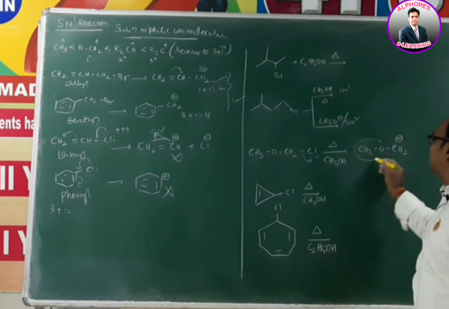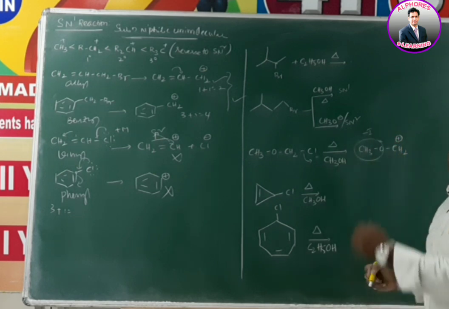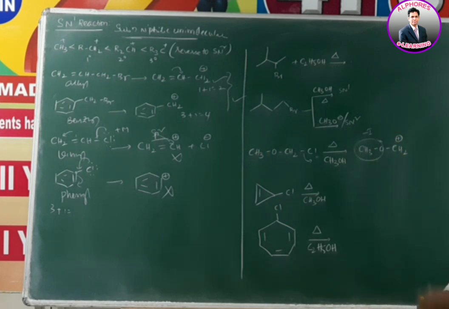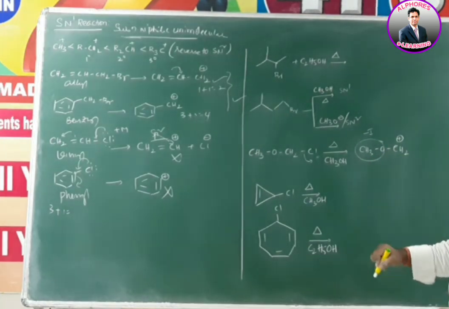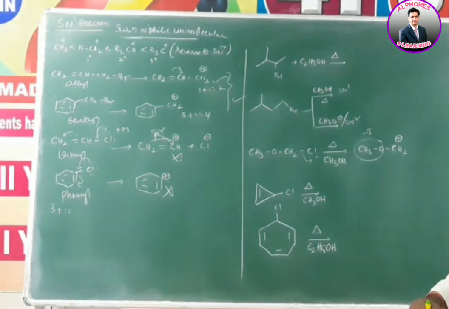What are we saying? Because of OCH3 it is minus I, an electron pulling or electron withdrawing group. Being an electron withdrawing group, carbocation stability decreases. In general we think like that, right? But that is not correct.